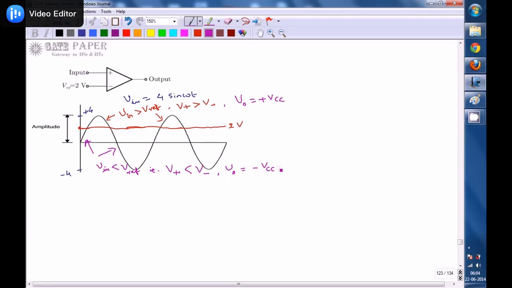according to comparator action. So I will draw the output waveform like this, output waveform over here. Okay, so this is the point. Till this point, this is the second point, the output signal is going to be, and again the signal is going to be going beyond this 2 volts. This is the third point, and this is the fourth point. Like this we can draw it. Okay, so if you draw the waveform, this will be the waveform for this one.